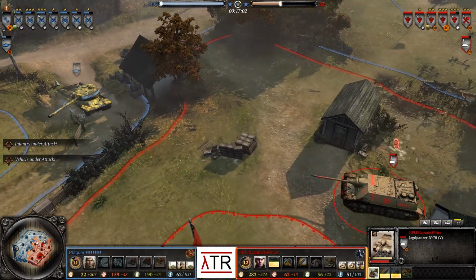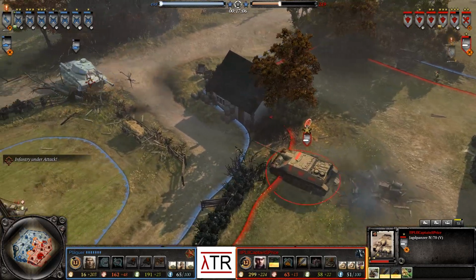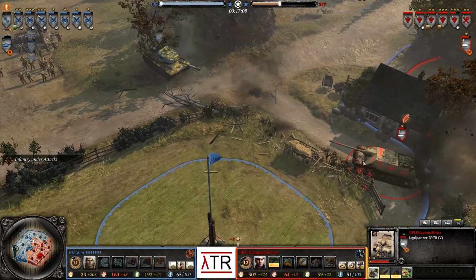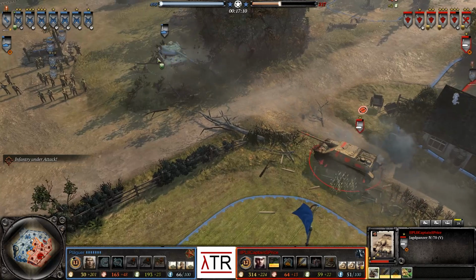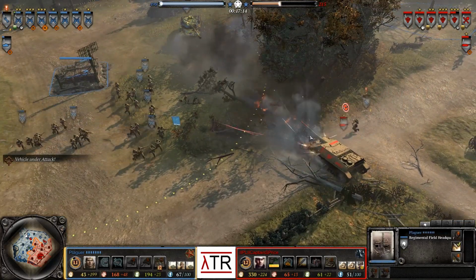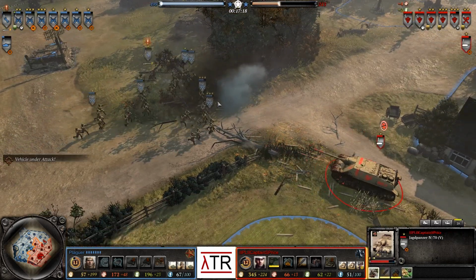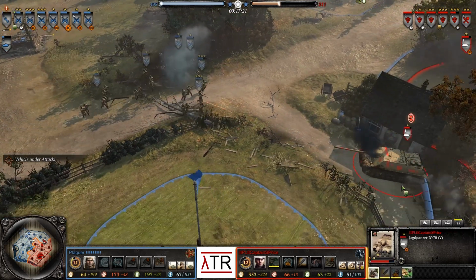The IS-2 unable to return fire just yet. More shots fly. Oh, he's going to go straight forward. Can he actually get the kill? Jagdpanzer getting shot back in return. The conscripts are there. Do we have anti-tank grenades? No, we do not have anti-tank grenades on the field for Mr. Sprice. The conscripts push forward, but CaptainSPrice,